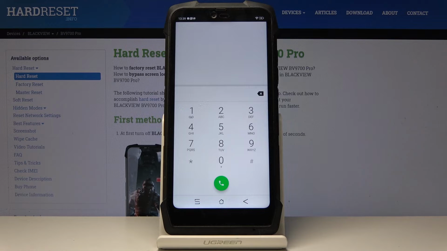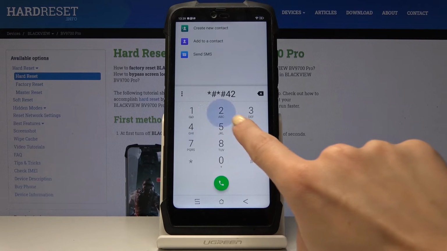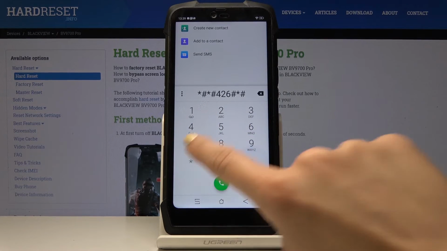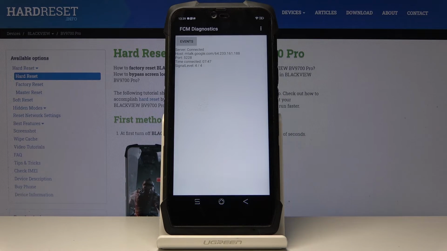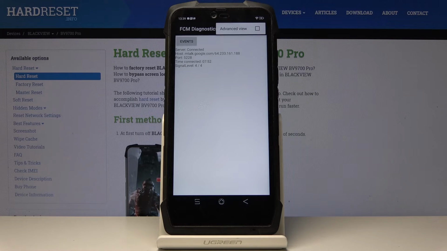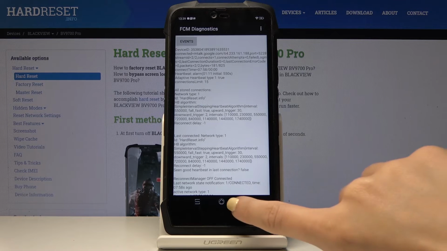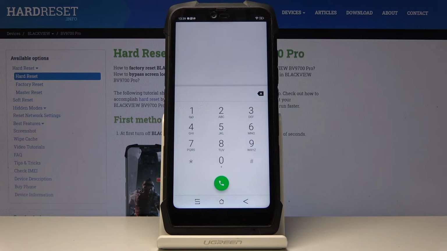And let's go to the second code, which is *#*#426#*#*. And as you can see, this is a diagnostic mode where you can check events and also pings. And if you click on the more icon located in the right upper corner, click on Advanced View. And here you've got the detailed info. So let's go back, and it's time for the third code, which is